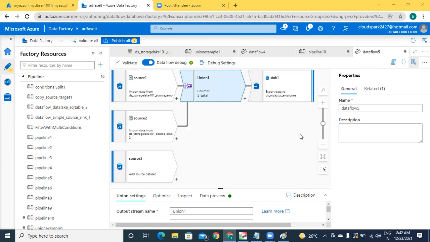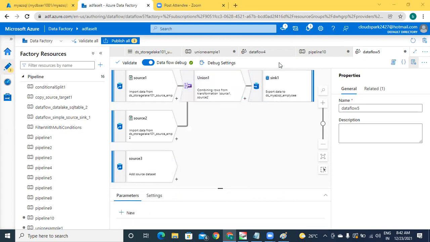That means using the union transformation, you can merge only 2 data sets. Understood? But the client is giving you more than two data sets. At that time, how to do that? Come back to the flow.